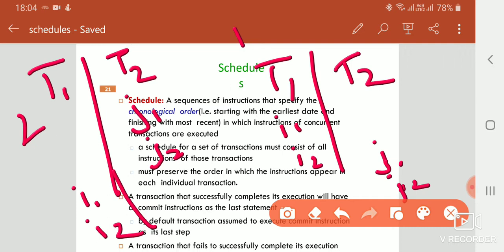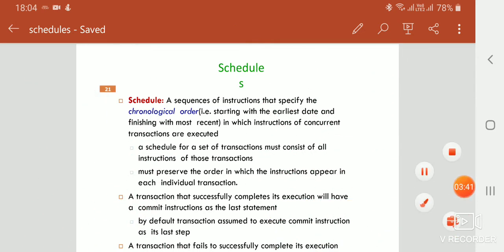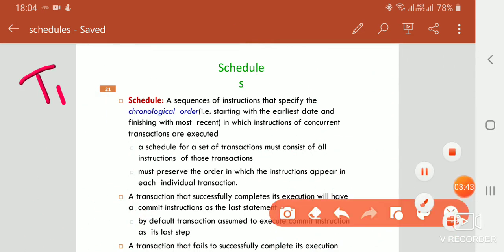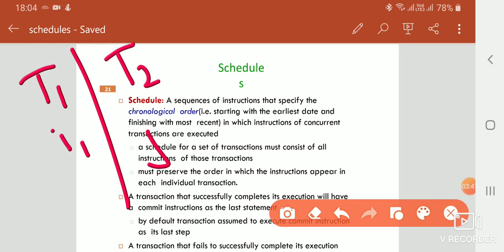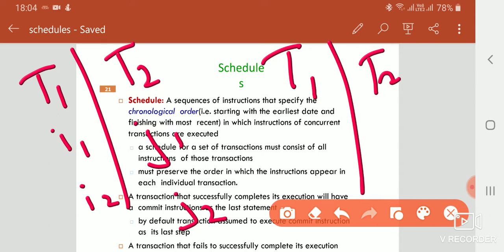Then you will have two more, I'll show you. For transactions T1, T2, you will do I1 first, then J1, then I2, then J2. Then one more: you will do J1 first, then I1, then J2, then I2.